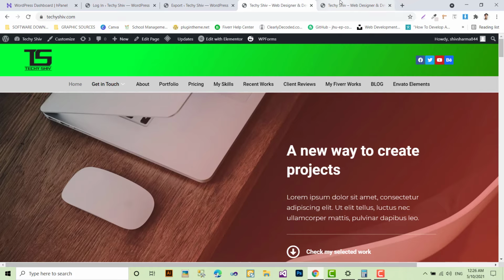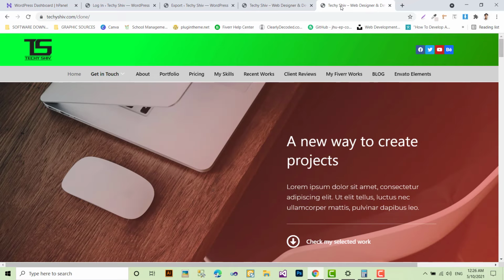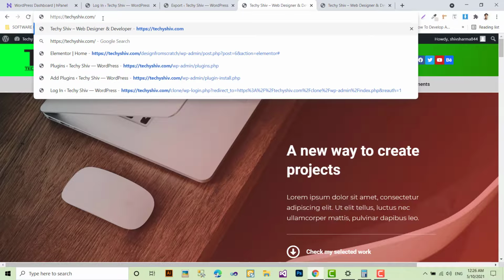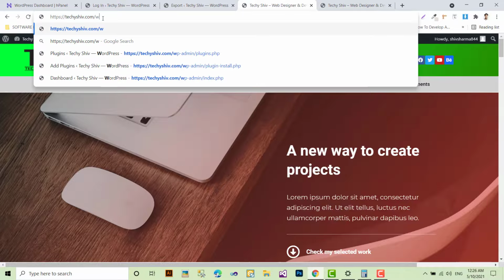So these are my two websites, but the thing is that when I created this domain, suppose this one is your domain and you have given your username and password, and when you want to log into the admin panel, that is the admin panel, you have to type wp-admin.